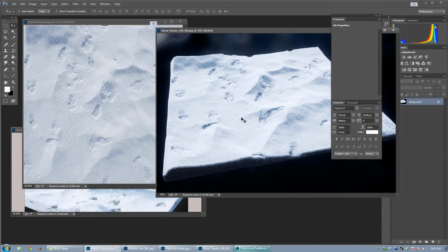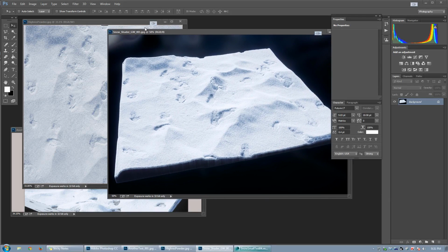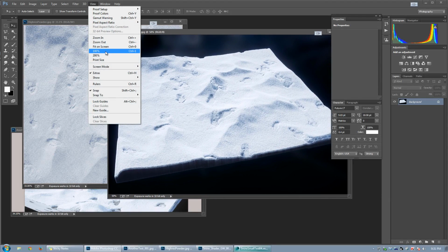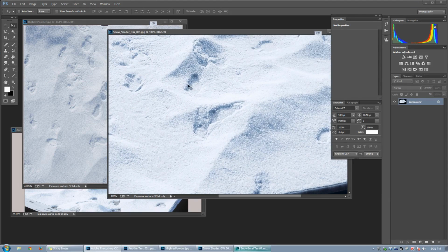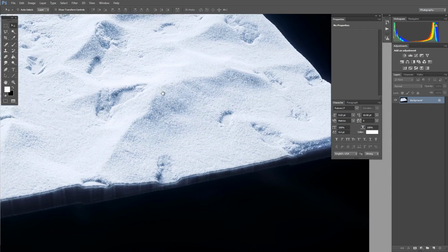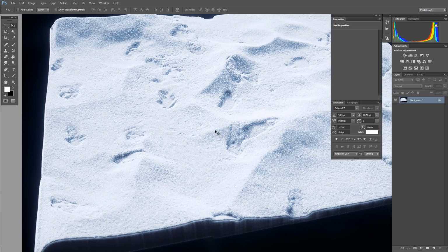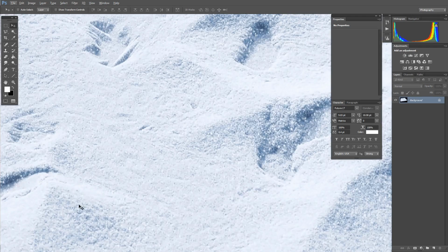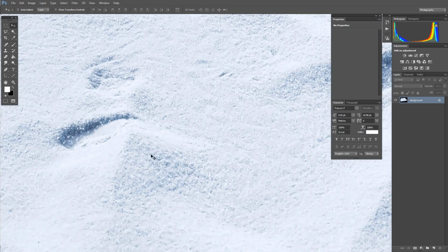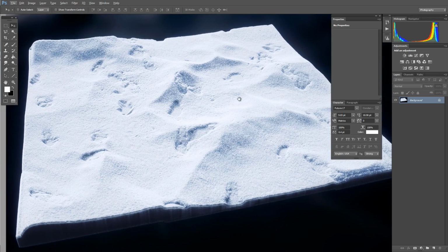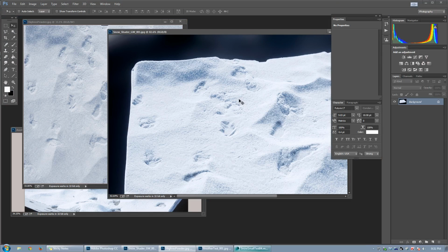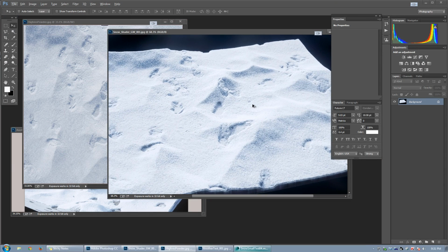So the images you can see up on the screen here are all raw renders straight from Octane, and the reason they look so good is because Octane has recently added in displacement as a feature, and it handles displacement extremely well. So when you are zooming in here, this is all little granules of snow that very accurately represent how real snow behaves, in that it's not just a flat surface with bump mapping,